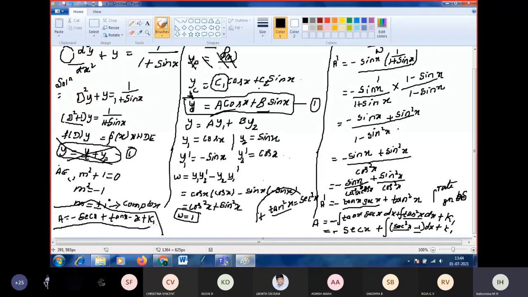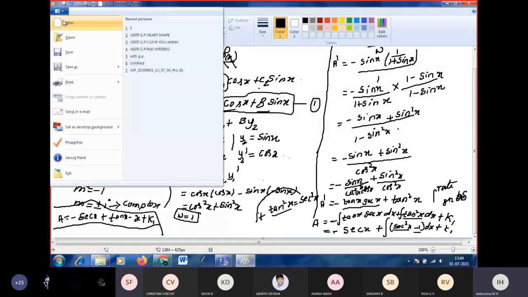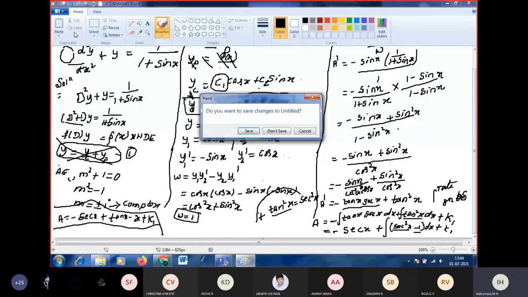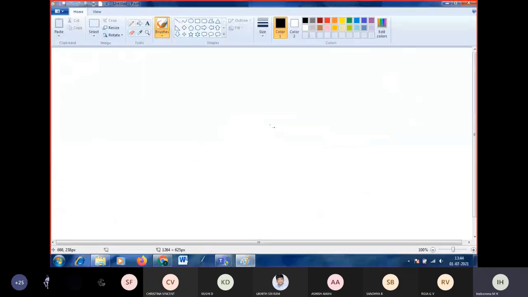Did you all clear? Yes, ma'am. So if you add and subtract 1 in the numerator also, you will get the same answer. We got the same answer in the last class also by adding and subtracting 1. Yes, same you will get. We can simplify the step in many ways, but the step should be correct. Then you will get the same answer.